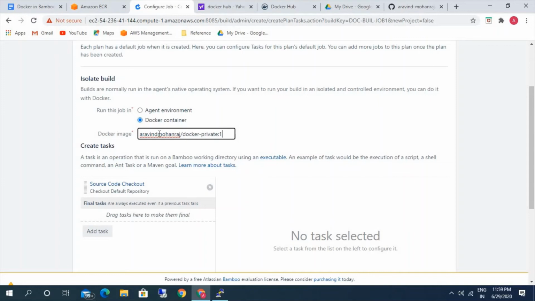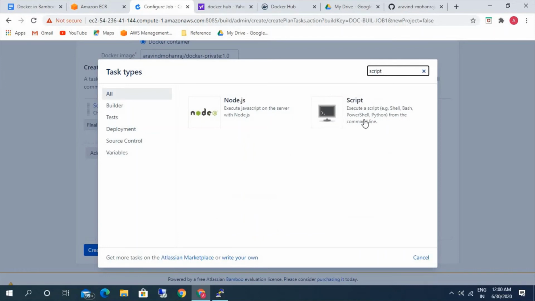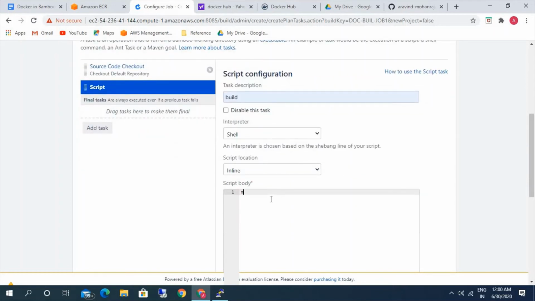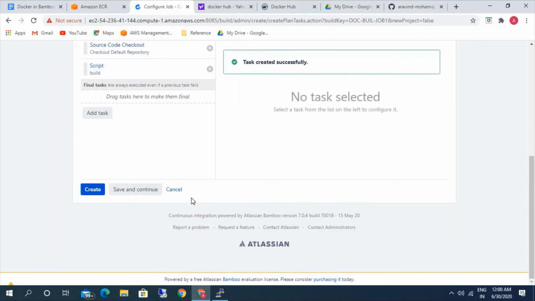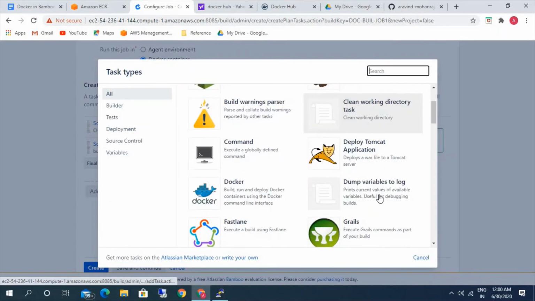This is our Docker image. Next, we will build the code. We can use the Maven clean install command to build the code. Once the code is built, the next one will be Tomcat deployment.